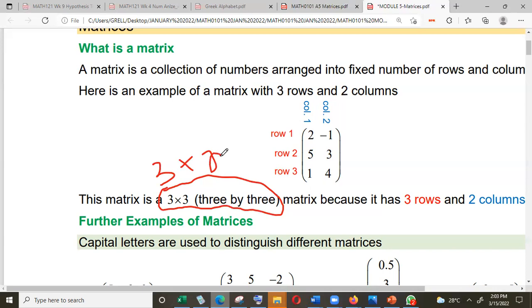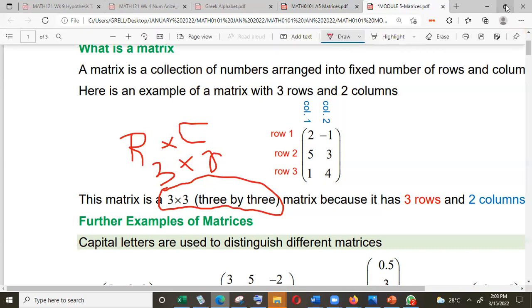So whenever you identify the size of a matrix, you call the rows first, and then you say times, and then you call the number of columns after. There's rows times columns. You can use that to identify the size of a matrix. So knowing this now,